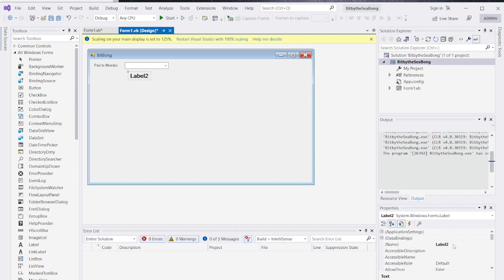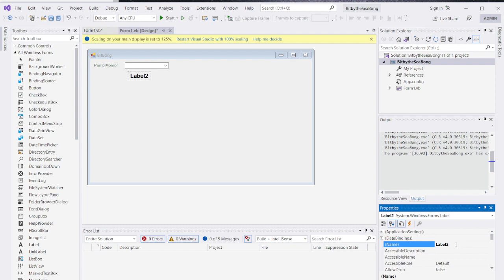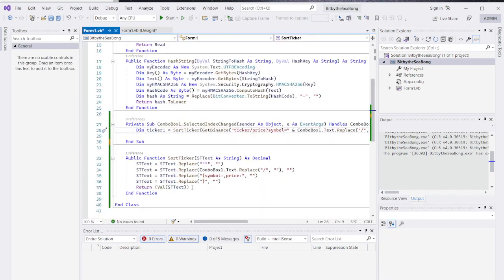So let's go up here and we're going to change the name of this. I'm going to change the name of it to form ticker. It's an interactive part of the form. Okay, so I like to put form first of all so that I know it's something dealing with the screen, and of course it's the ticker that we're calling it. So form ticker in there. Let's go back to here, and instead of having a variable there, we'll go form ticker dot text, because it's the text that we're changing. And now if we run this,